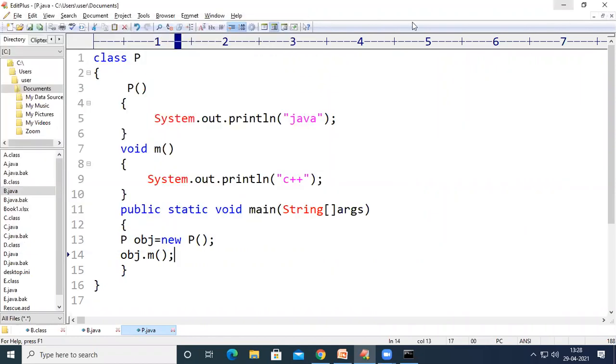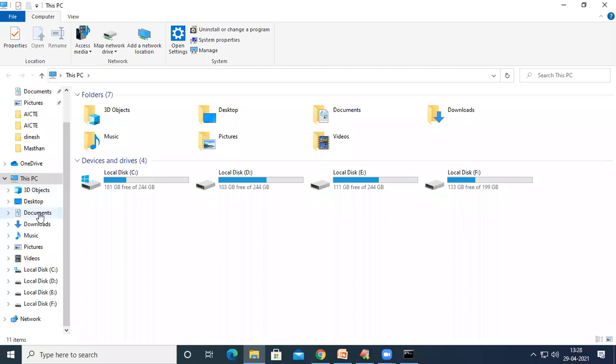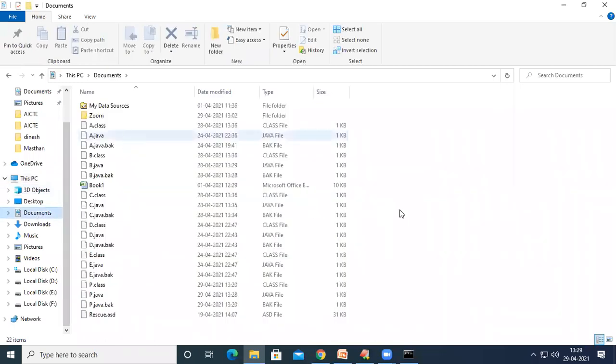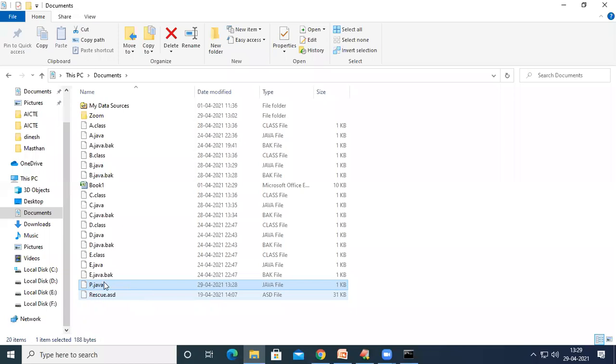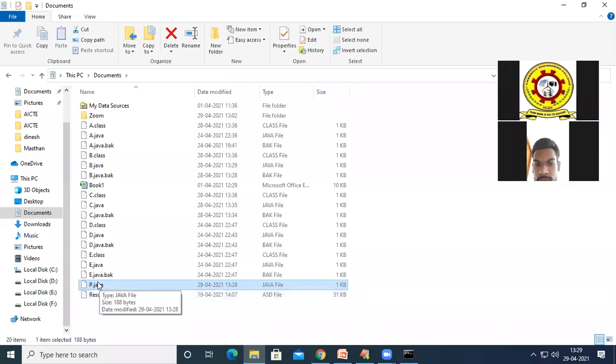See here, the program is saved in the documents. You can see here, it is the program we have saved so far. If you observe the extension, it has .java at the end.